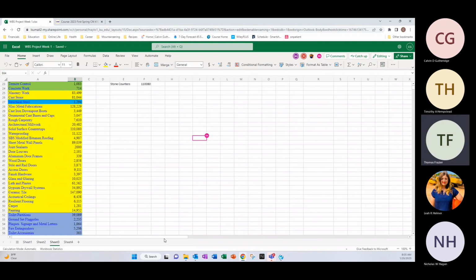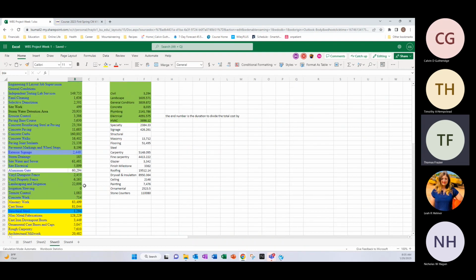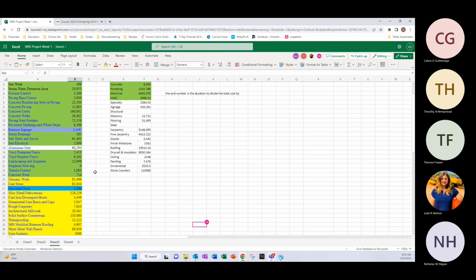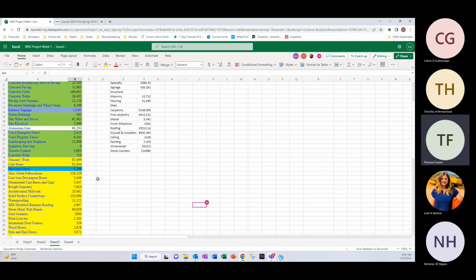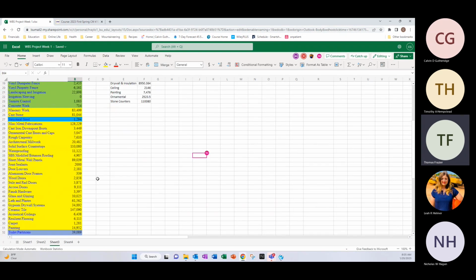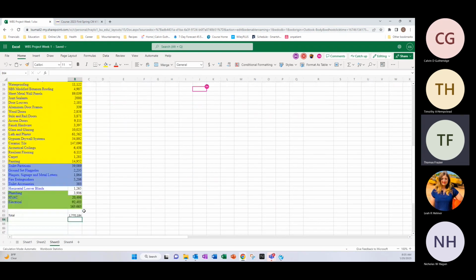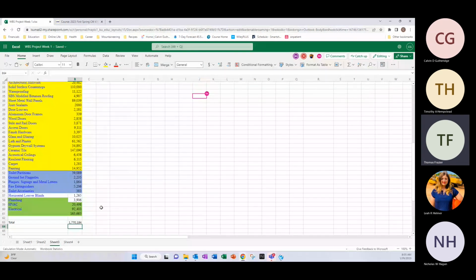If you go to sheet 2, this is how we calculated our labor burden, material sales tax, permitting, all that good stuff. We kind of did it as a breakout to include each one in the side over here where it has final clean, engineering layout, site work, all that is all included with our profit, labor burden, everything in that. And then we took it, we made a day rate by dividing it by the duration of each individual thing to get to our